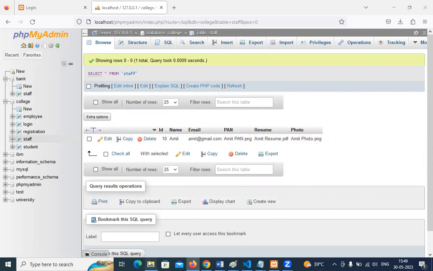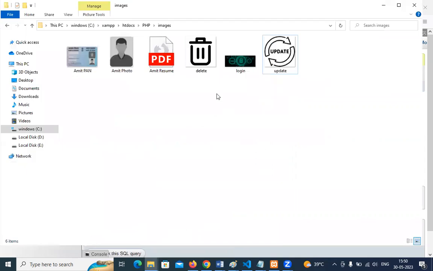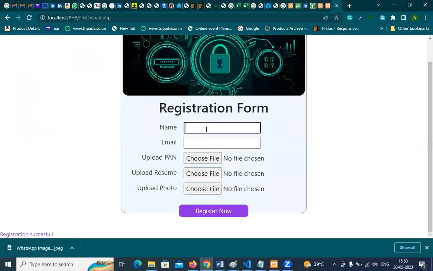And if we will check all these here, see in the images folder, we can now see that these 3 files have been uploaded. You can see these are the 3 files that have been uploaded. Now, if I register one more record, I'll repeat the same process. So I'll suppose I'm giving